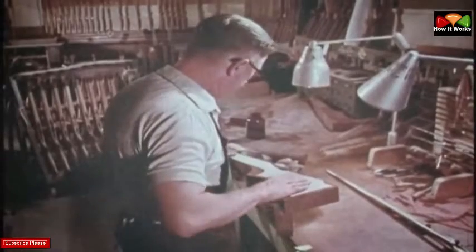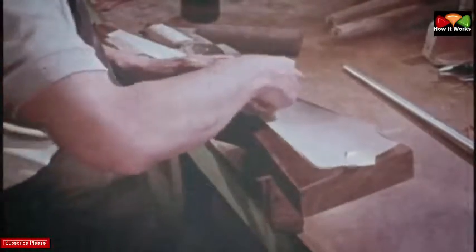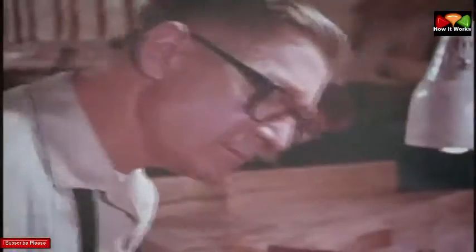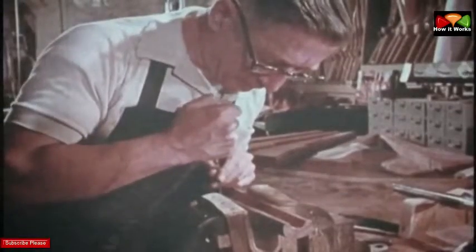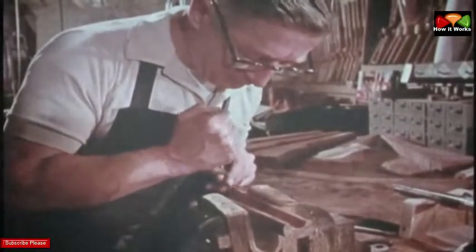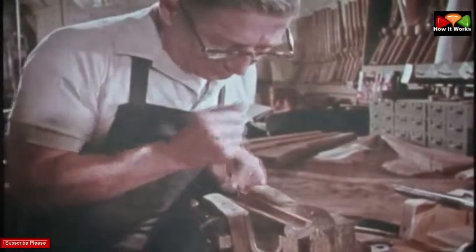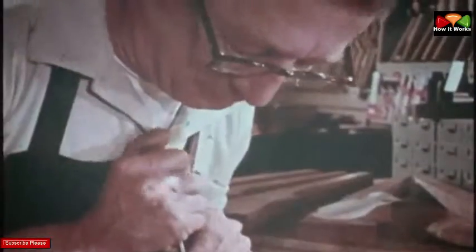So we made a pattern out of paper, and we laid it on one of these blanks. Now, when we laid it on the blank, the reason for this is so that we could make sure the grain structure through the pistol grip was running at the right angle that we want for strength. We open up the inletting because we do this to make it short and tight to begin with, so that it can be hand opened and get a very tight fit between the barrel and the action in relation to